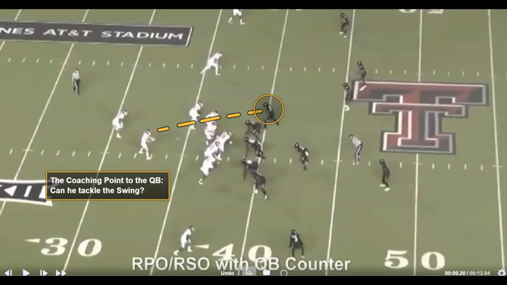I believe this is Baker Mayfield when he was at Oklahoma. This is an RPO or an RSO with a quarterback counter. You're going to see a lot of counter blocking on this. And it gets into the debate: is it really counter just because the G and the T pull? Is there a counter action in the backfield? And you'll see what I'm talking about. And that's kind of a debate. We call it counter, but if there's no counter action in the backfield, is it really a counter? Let's look,